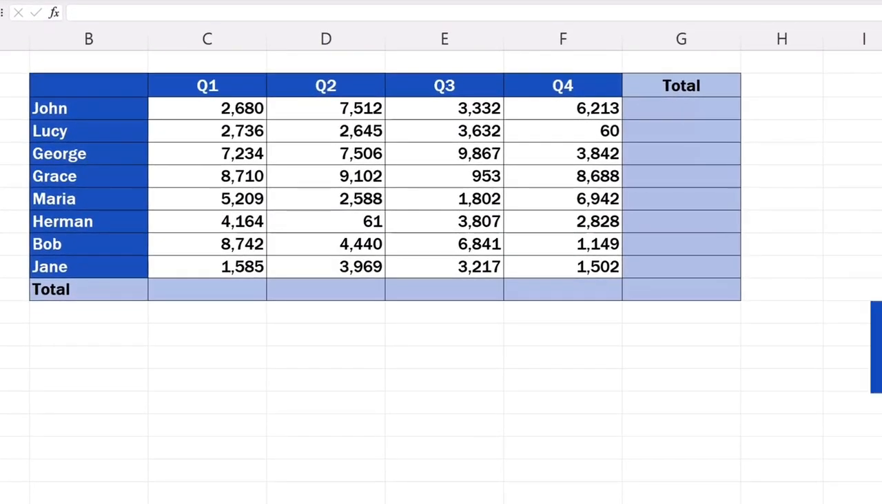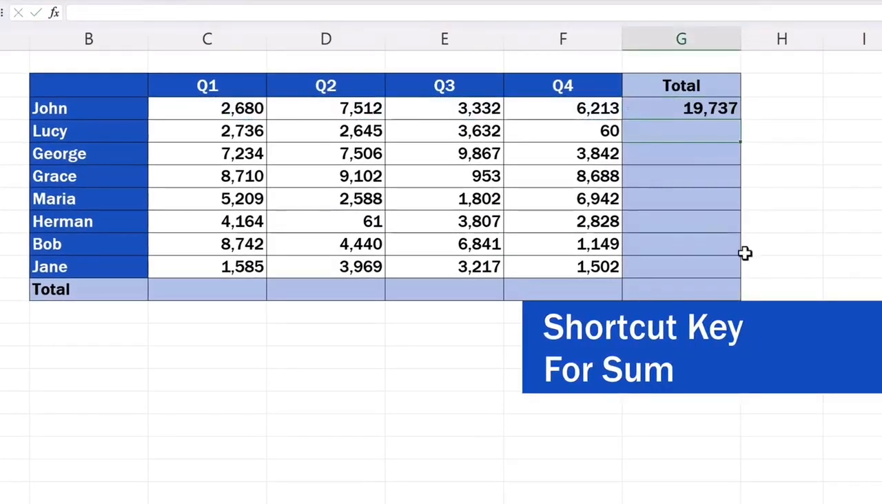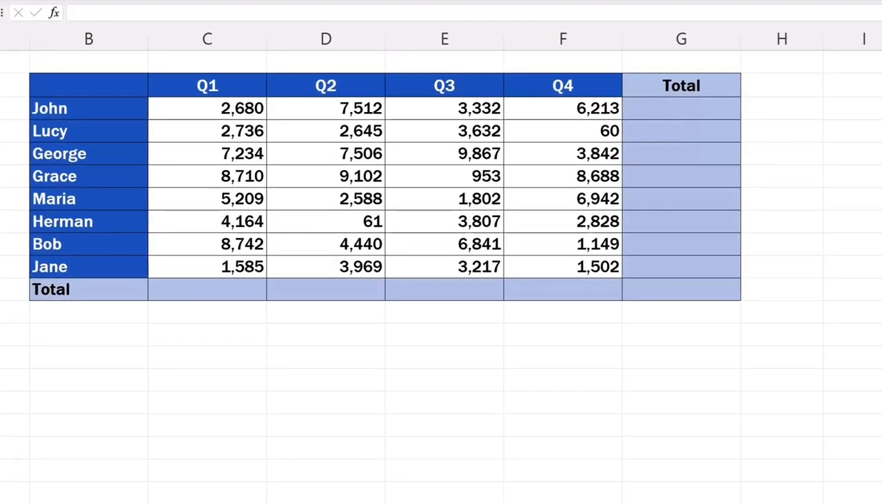Welcome! In this video tutorial, we're going to go through how to use the shortcut key for sum in Excel. Ready to start? If we need to add up values, let's say in this first row, first we've got to